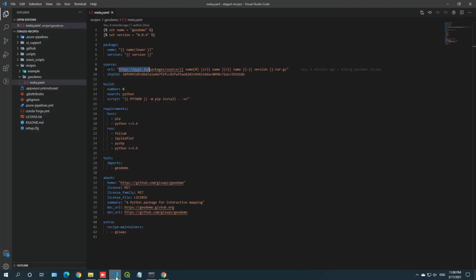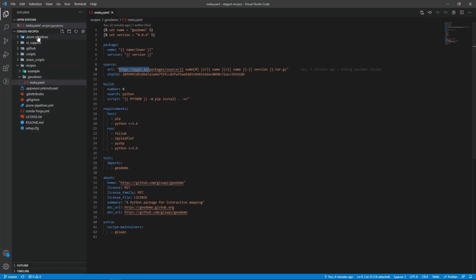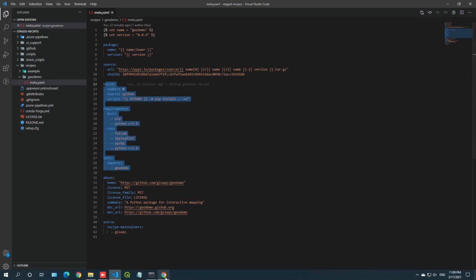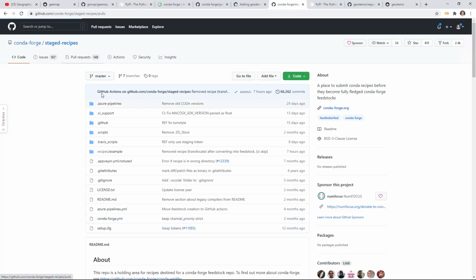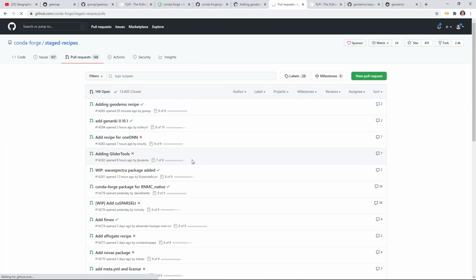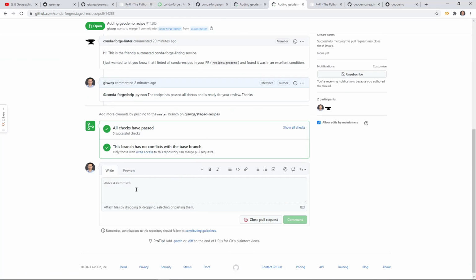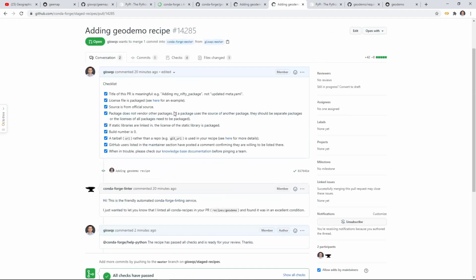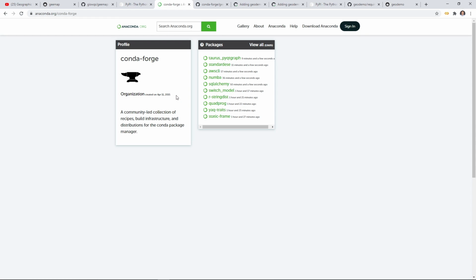automatically. And then you copy the recipe into the staged-recipes within your account, and you make some changes to make sure that you fix those issues that I mentioned earlier. After that, you commit the changes back to GitHub, and then you submit a pull request. And once the pull request passes all the checks, then you can add the Python team, ask them to take a look at your repository. And so hopefully you are waiting for some emails telling you that okay, it has been merged, and that's good. And after a couple hours,